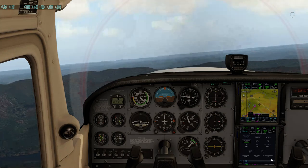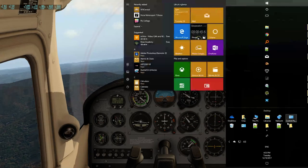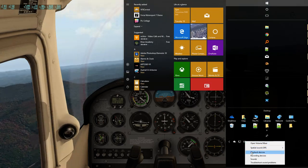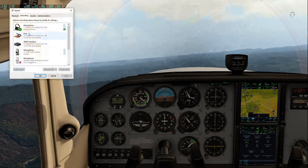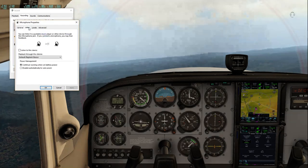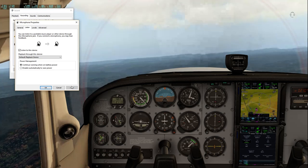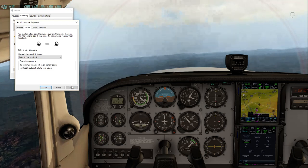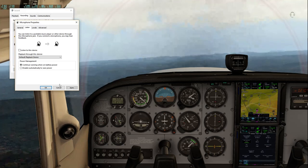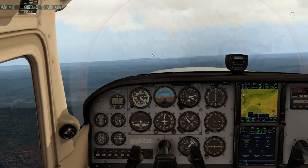But anyway, let me check to make sure that I'm talking at a reasonable level. So let's go to recording devices for a moment, and microphone properties, and listen. This is a test. 1, 2, 3, 4, 5. Pop, pop, pop, beep, beep, beep. And got a good microphone placement. And we'll get out of that. And we don't need to do that. Alright, so